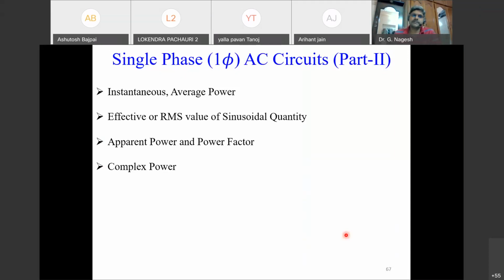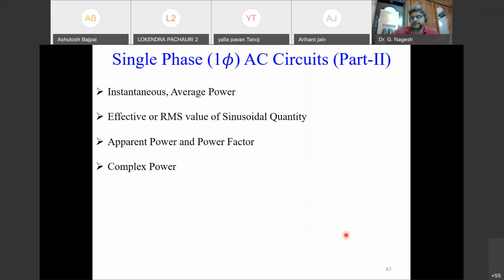Okay, so what is called as effective value or RMS value, both mean the same. So we will see what is that, and we will discuss one more term called as apparent power, and power factor also. In DC circuits you will not have any power factor, but in AC circuits you will have a term called power factor. So what is that we will see,